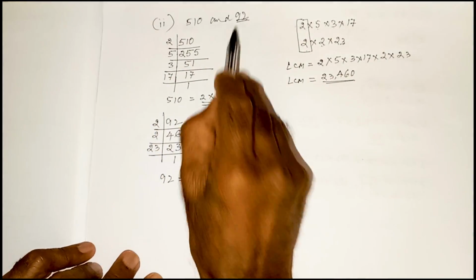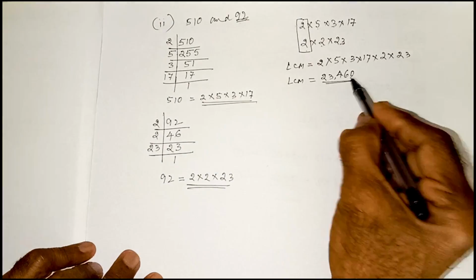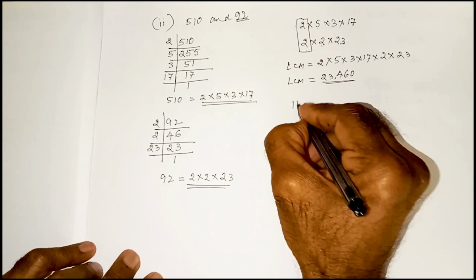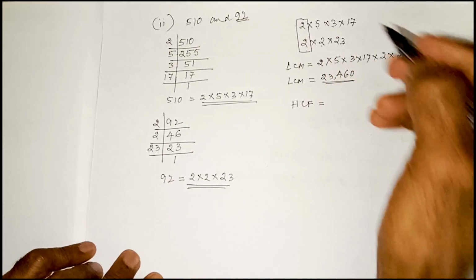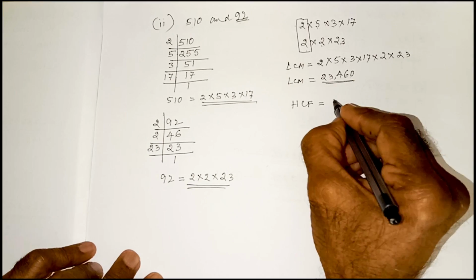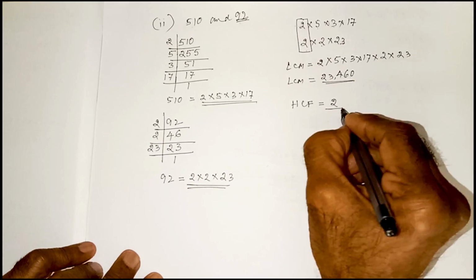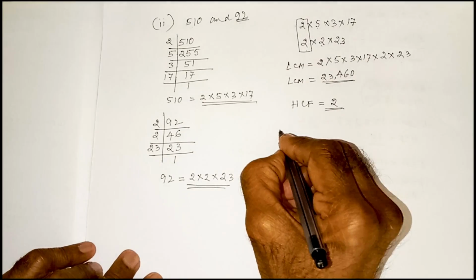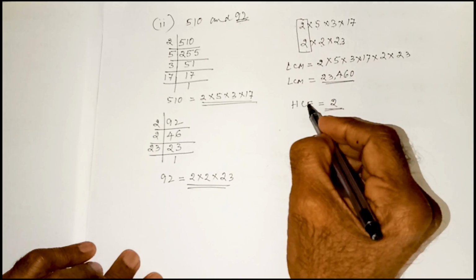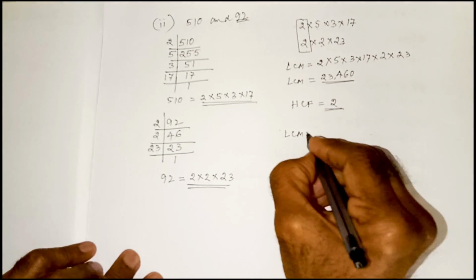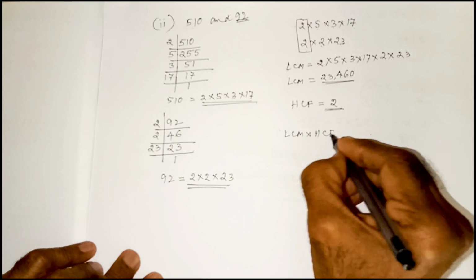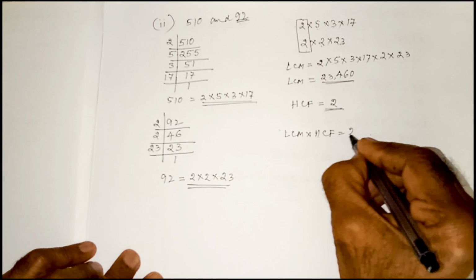LCM of these two numbers is 23,460. To find out HCF is very, very simple. Whatever is common, that is the HCF. Here 2 is common, so 2 is the HCF. Now the next step is you have to prove the product of these two numbers is equal to the product of the numbers. LCM into HCF is equal to